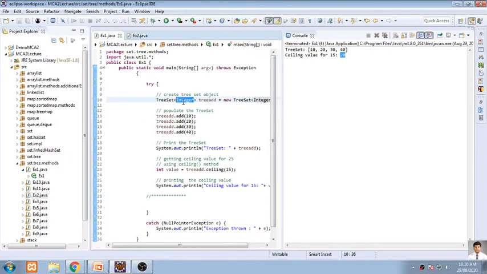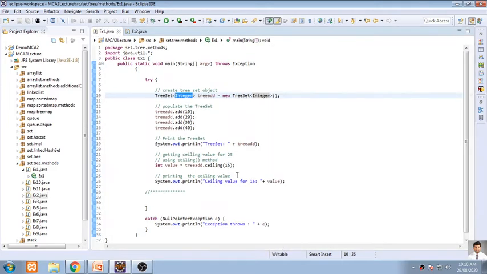Just like for integer, you can create for string also, for any element or variable like character, also for boolean data type, integer, float. You can use any preset and check the values using a ceiling function. So are you getting this ceiling function? The purpose of the ceiling function? Yes, sir.